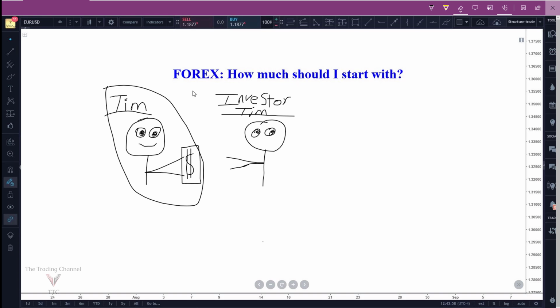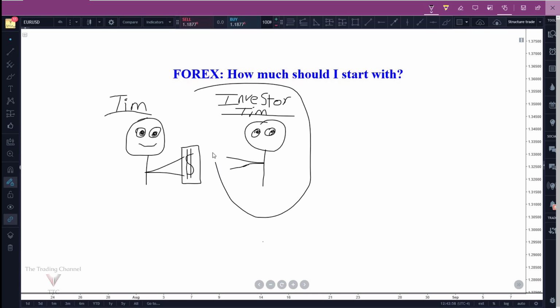You'd want to see backtesting results, forward testing results, live money results from accounts that had similar size to yours. Now, something else you may look for is education. You may want to see that he's been to college or at least taken courses on the subject of trading, on the subject of investing. And so what you have to do is actually look in the mirror when it comes to when to start a trading account. Look in the mirror and ask yourself, do you have the results that you would be looking for out of an investor?